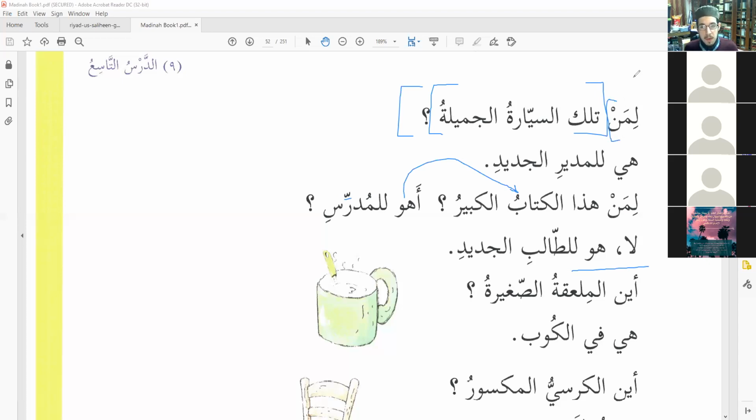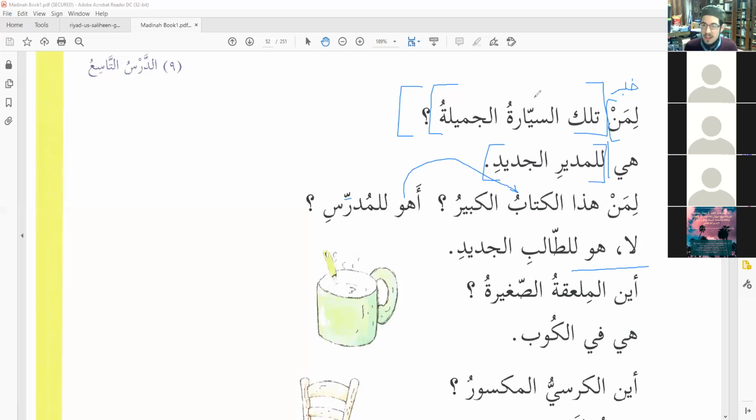Wait a second. Why is it in the beginning of the sentence? Because as we said in Arabic, we always put in the beginning the part that we're asking about. So if you're confused about what's mubtada, what's khabar, what am I dealing with, straighten out the sentence by making it into a statement, and it will become clear. Here it's easy. Lil mudir al jadidi, easy. Mubtada, khabar, Sifah Mawsoof. Right?